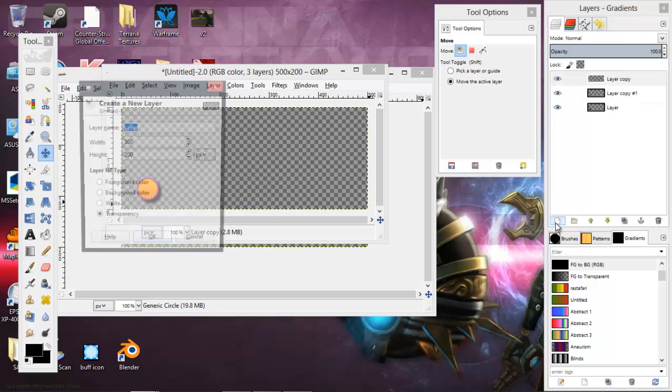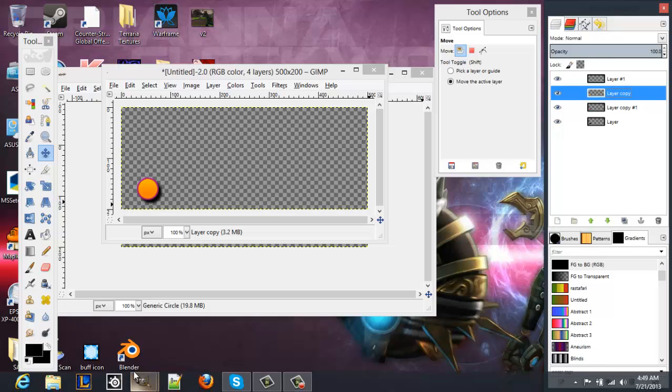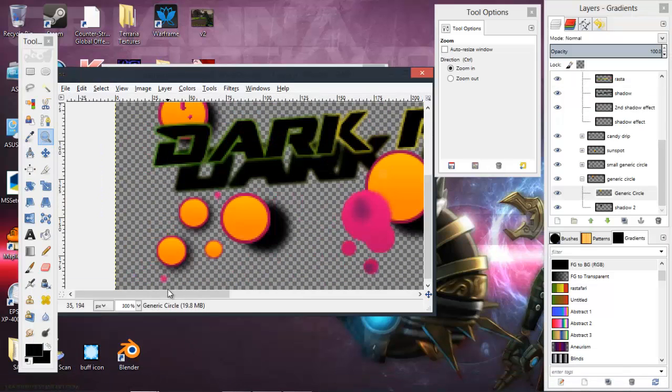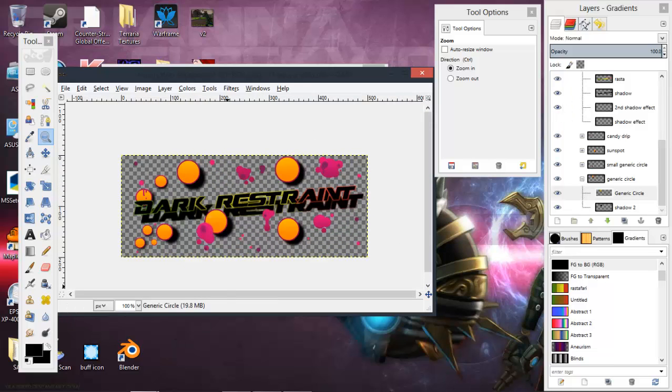Anyways, so let's create a new layer. And if you want everything to look nice, and you don't want everything to look cheap, I'll show you what I mean by cheap. And I got cheap here. The pink borders are a lot smaller. If you want to keep all the borders the same, which is what I originally wanted to do, but a little bit time consuming,